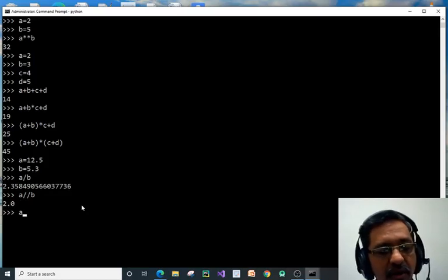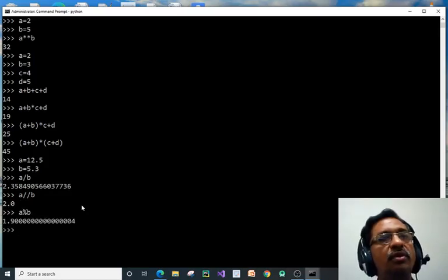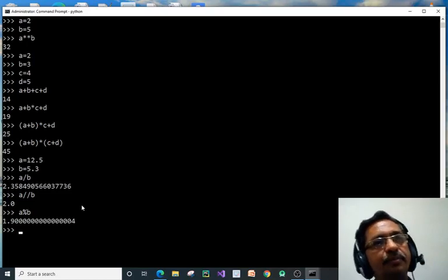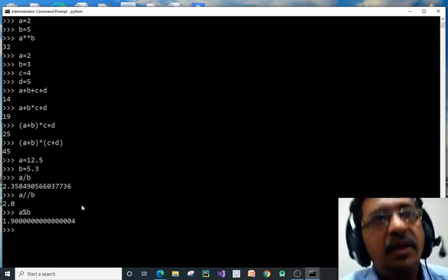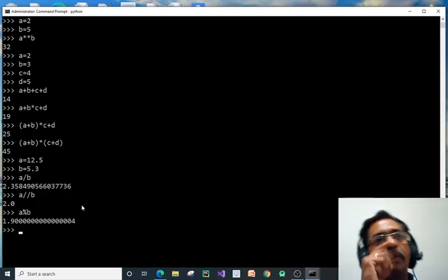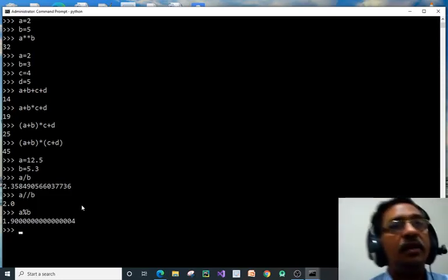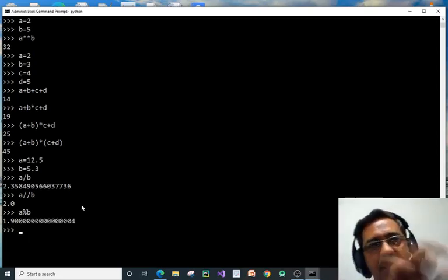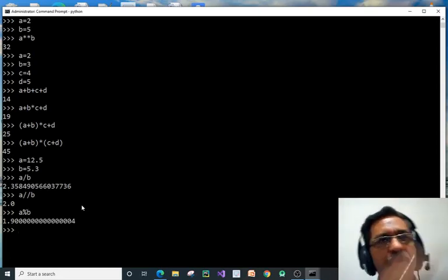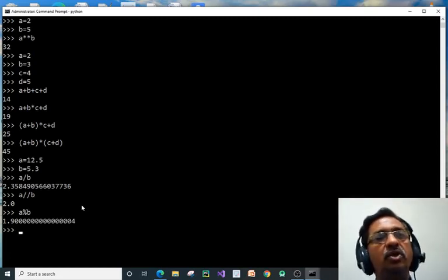And if you check here, a mod b, this gives you the remainder in this format. But generally, in programming languages like C or C++, this mod operation, that is the percentage operation, is not allowed on floating point. But in Python it gives you the remainder as 1.900. So we have to check that: 12.5 divided by 5.3, make the division and check the remainder. It should be 1.900, like that. So this is about the Python interpreter.